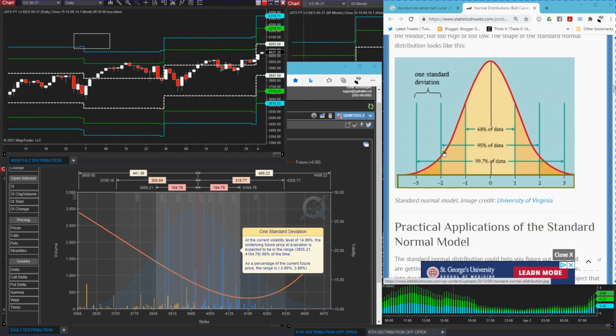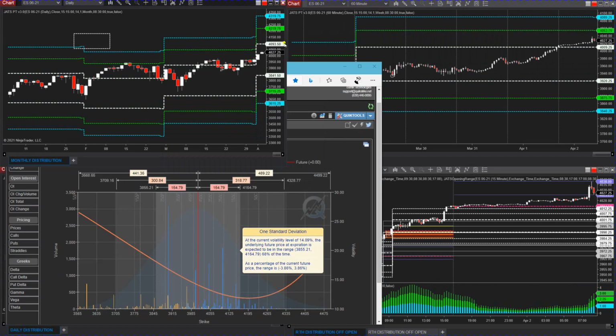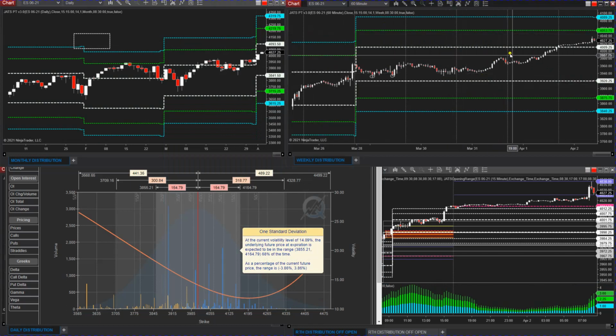And then from the 1 to the 2 is the green line. And the 2 to the 3 is the blue line. So I'm basically trading from the middle to the 3. I usually trade to the 2 myself, but if it's a great range expansion opportunity, then hold on to go to that third one. But knowing where you are in this normal distribution is sort of vital to be able to trade successfully and